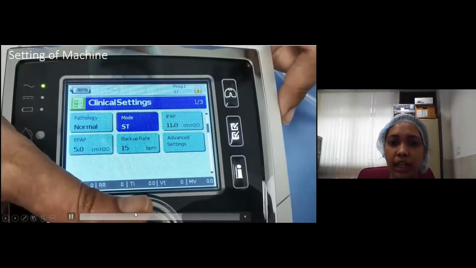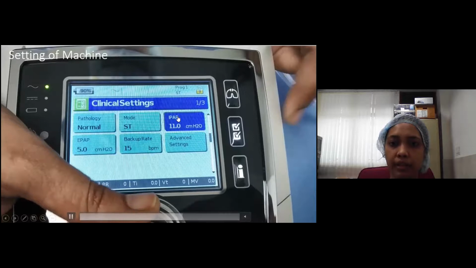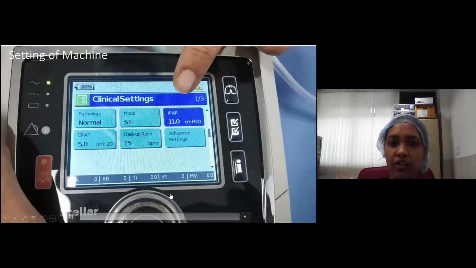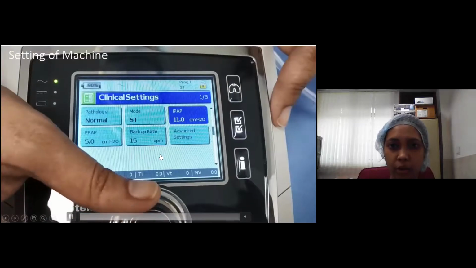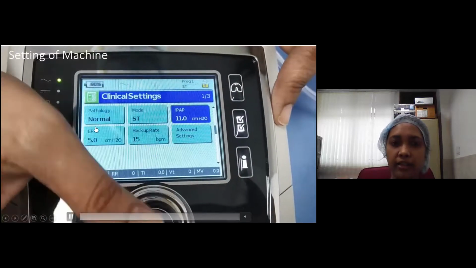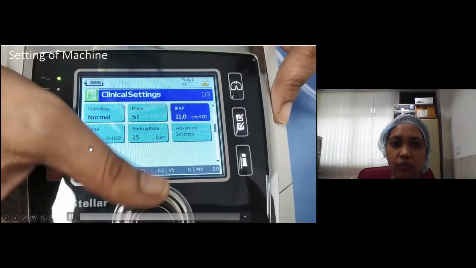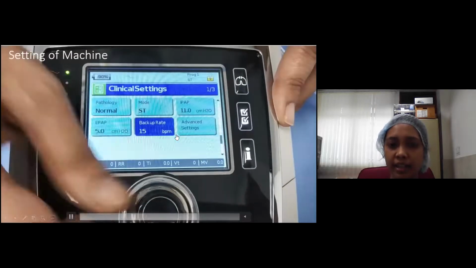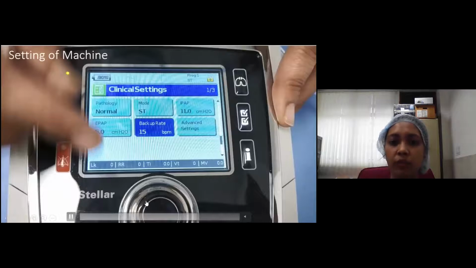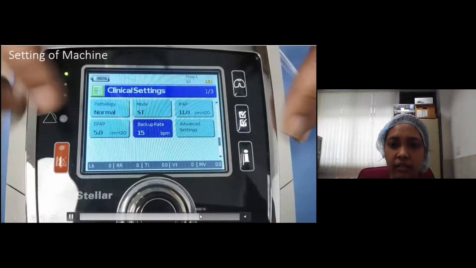Next, by simply rotating the big button, we move to the IPAP. By pressing the button, we can change the BiPAP levels we decide on, ranging from 10 to 20. Then there are the expiratory pressures. We change them, ranging from 5 to 10 as required by the patient. The backup rate is set. And once the whole setting is done,